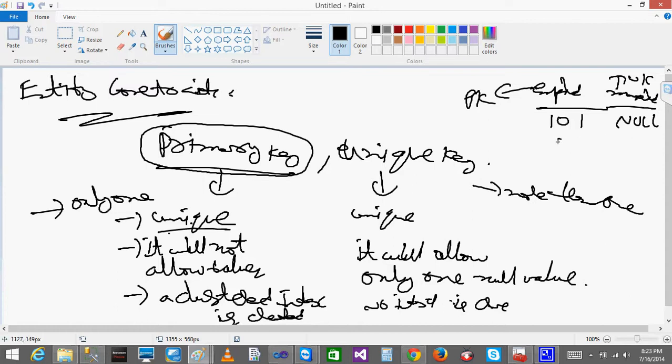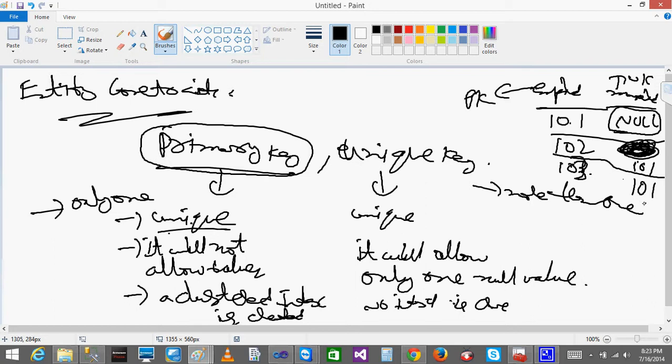So I inserted. Next is 102. And if I again try to insert a null value, it will not accept. It will show an error because it accepts only one null value. If we try to insert another, it will not accept. So I will give 101. Here if I try to give 101 as the third record, then it will show an error because primary key means it will accept only unique records. So 101 is already there. So if you give 103, then it will accept. It will not accept 101 again.